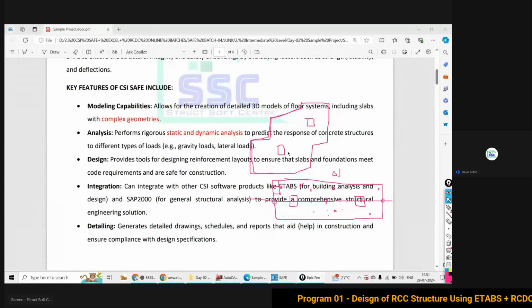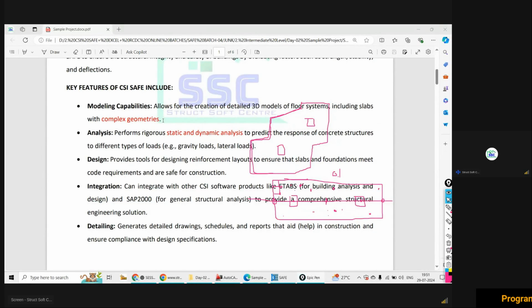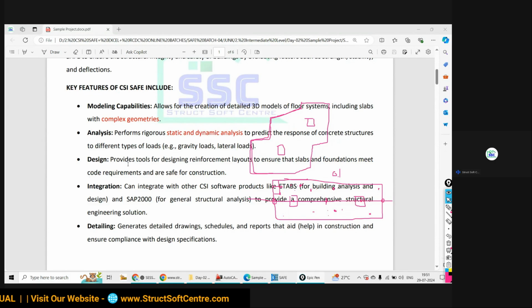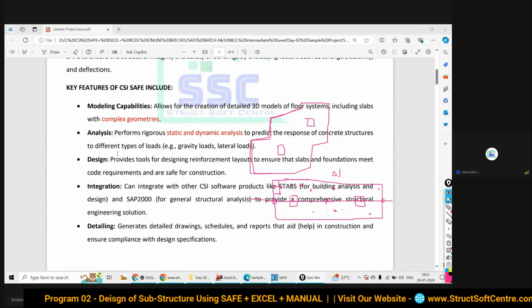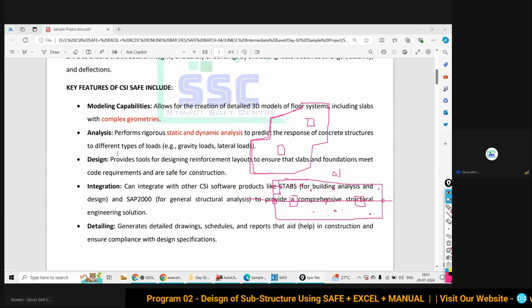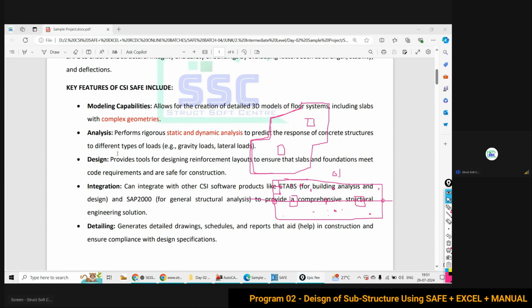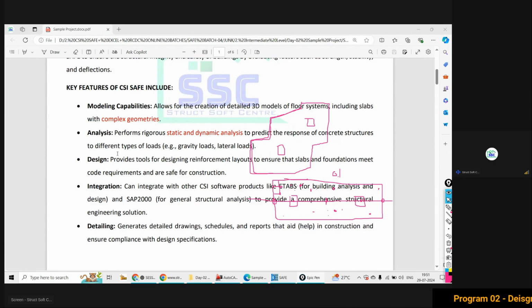So this is the modeling capabilities. As I told you, you can deal with complex geometry in this CSI SAFE software. You can do static analysis and dynamic analysis. You can do the design by the conventional approach or by the finite element based approach. And you can manipulate the results, adjust the results as per your convenience and your economical concern.